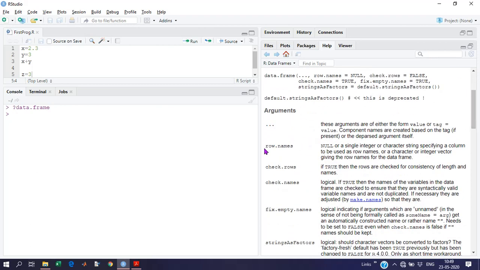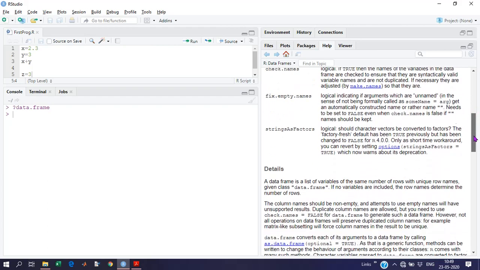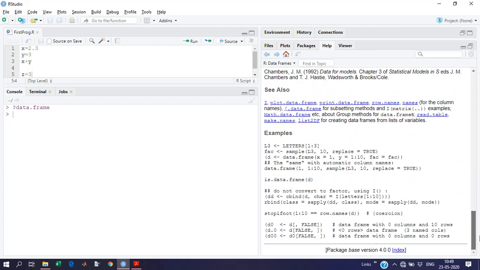We can give row.names and other arguments. You can go through all the other arguments if you want. They also provide some examples related to the data.frame command.